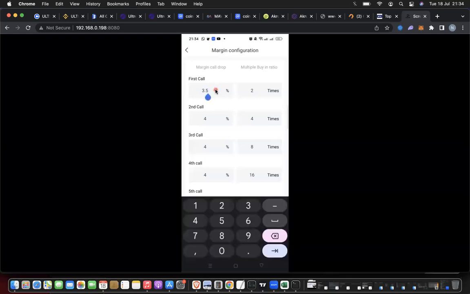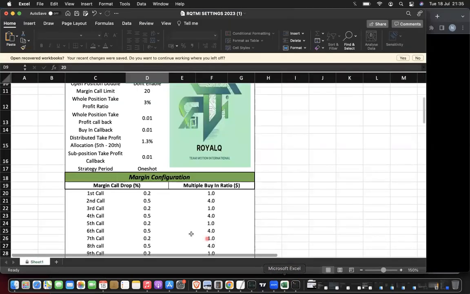0.2%. All right. Buy 1 time. And I've explained what that time means. It means 1 times the first buying amount. Now, what is the second one you're going to do? Let's go to the Excel sheet, because you have to be checking the Excel sheet. 0.5%, 4 times. All right. So you go back to the Excel sheet, you go back to your app,